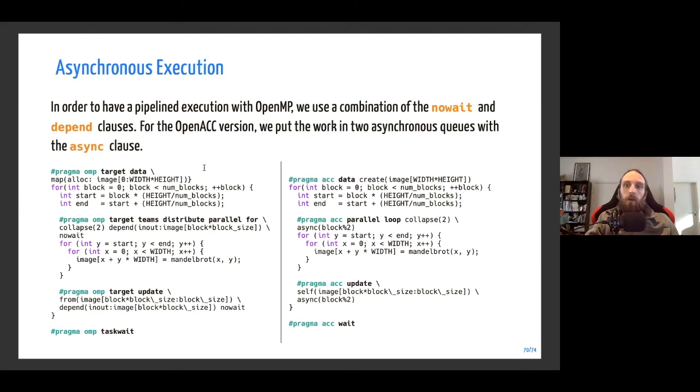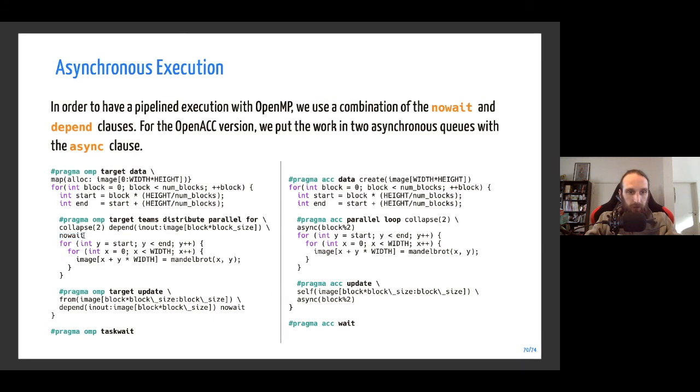So what we will do is using the nowait and depend clauses with OpenMP, as well as the async instruction with OpenACC. So what we add there is the nowait clause. Unfortunately, this directive is quite long, so it's maybe difficult to read when you present both OpenMP and OpenACC.